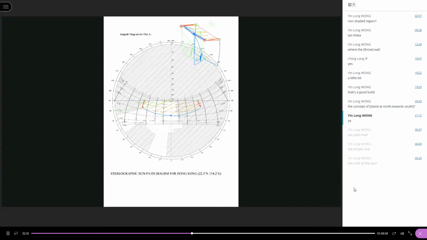So this is how you can plot the overhang onto the sun path diagram. I know that it is quite complicated because you have just learned what is the solar altitude angle, what is azimuth, how does the sun move across the sky, how to read the sun path diagram. And now you need to learn how to plot the object onto the sun path diagram. It could be quite complicated, but